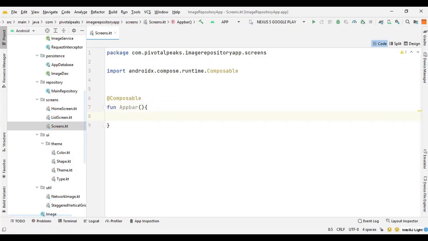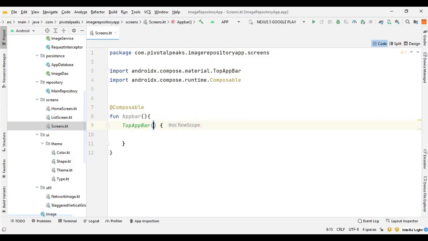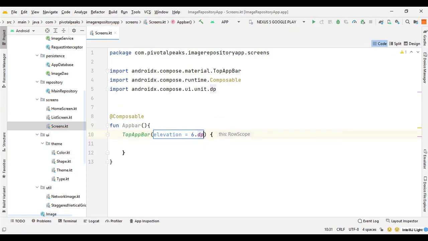Here we can bring the top app bar from material design. So we can say top app bar, and we can give some properties to it. We can say elevation 6.dp, and we can give it a background color.